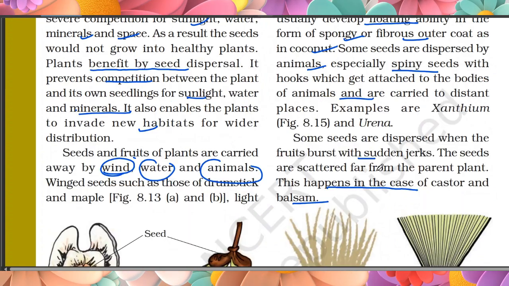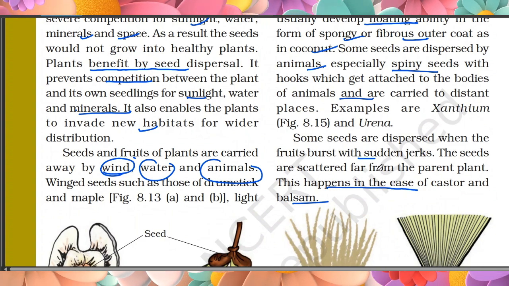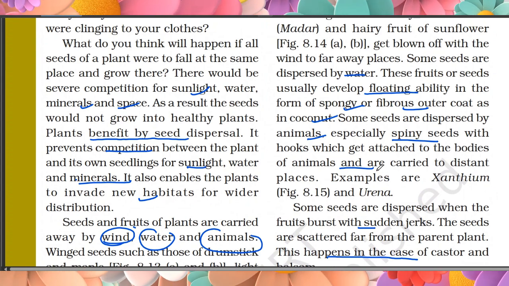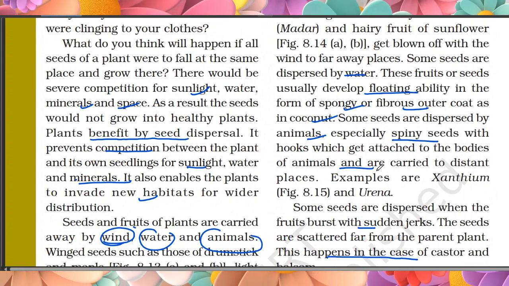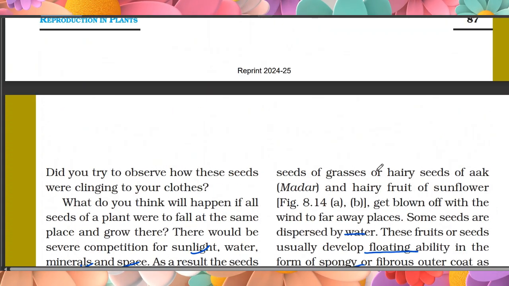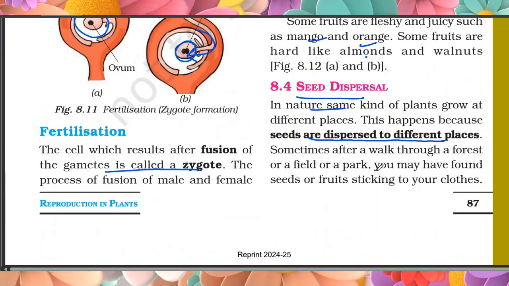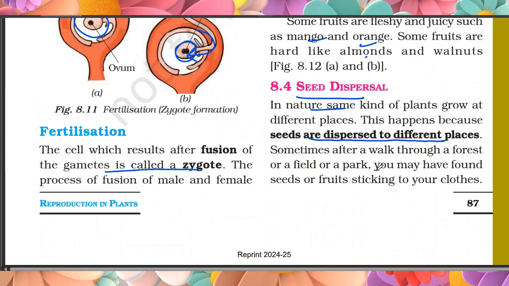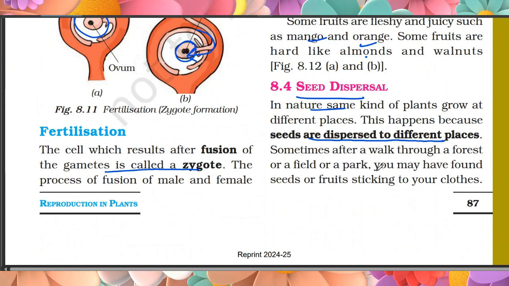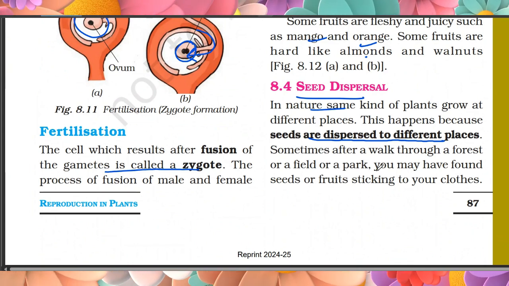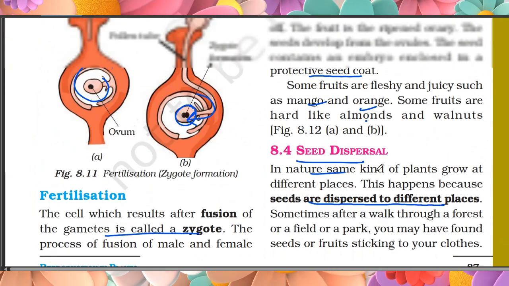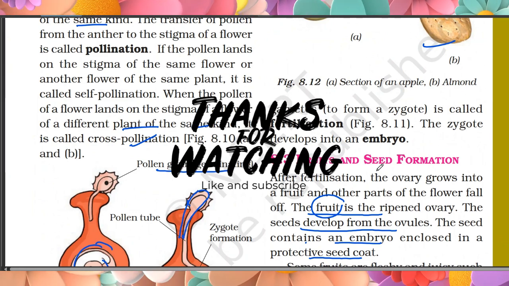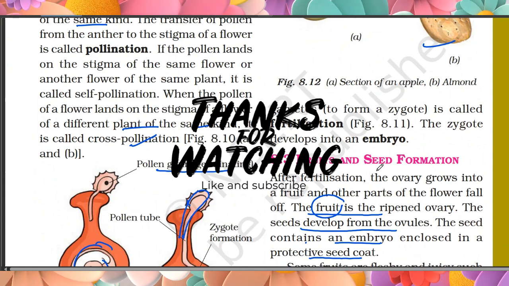In this way we have finished sexual reproduction in plants. We already learnt how the zygote is formed, that is, the process of fertilization in plants by means of male and female gametes. I hope you understood this lesson, which is very important for any competitive exam. You have to understand the fertilization process and pollination types. There are two types of pollination, self and cross pollination, and you have to remember the examples: in which plant cross pollination happens and in which plant self pollination happens.